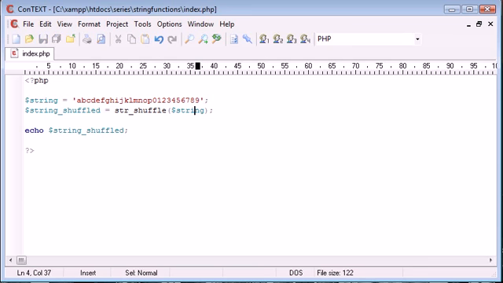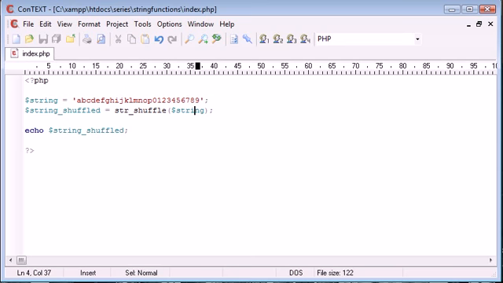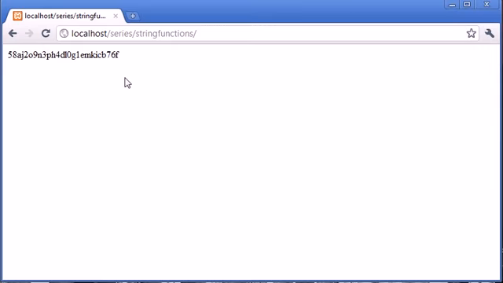What this is actually going to do is it's just going to generate a random sequence of letters and numbers. So let's go ahead and refresh. You can see that it's just generating a random sequence of letters and numbers. Again, really good for a randomization of, say, a file name or, say you had a website that created a shortened URL. What you might want to do is say string shuffled equals this shuffle, and then you might want to actually